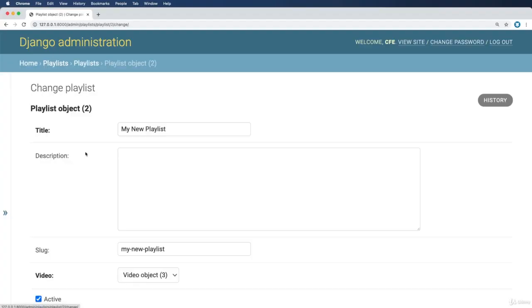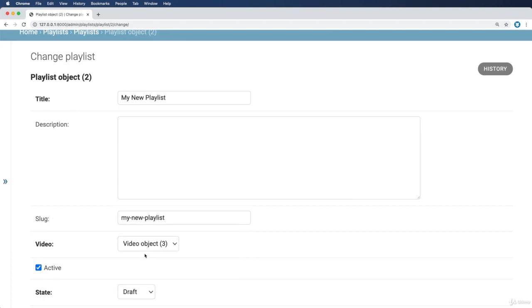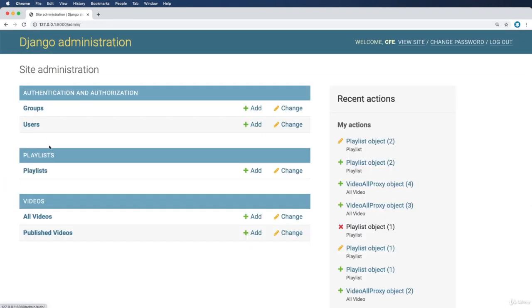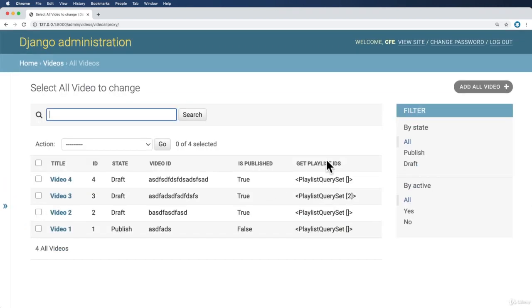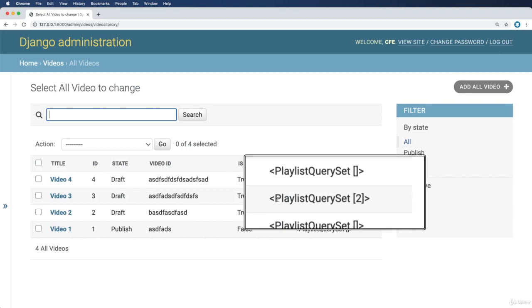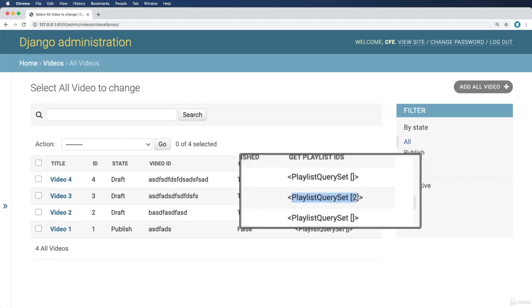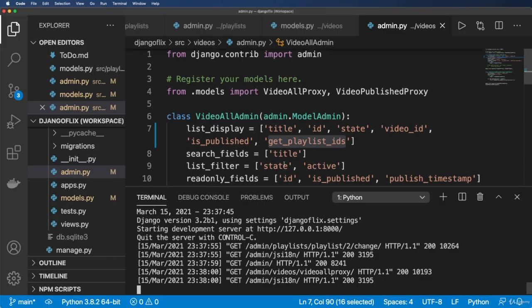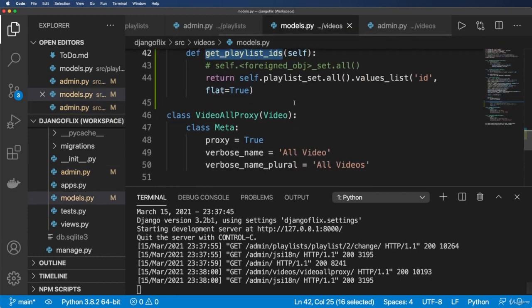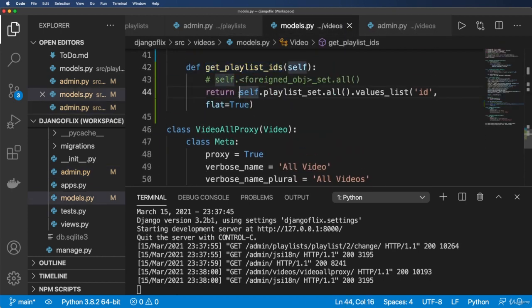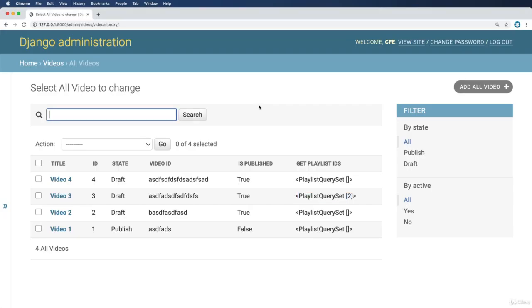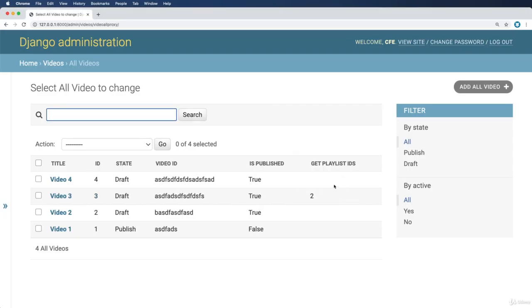And we do have one object, so create one if you don't. And let's go into our videos. And there we go. So we actually see the IDs that are in there. It actually does show it for at least one of them. And now naturally I could probably make this a little bit better by saying that this should be a list as well. And this would actually return all of the IDs that are related to that particular video